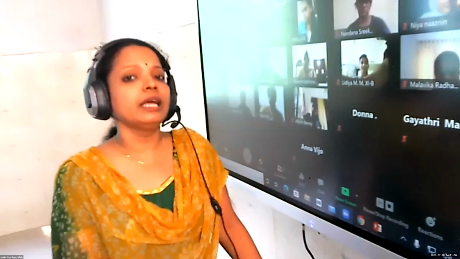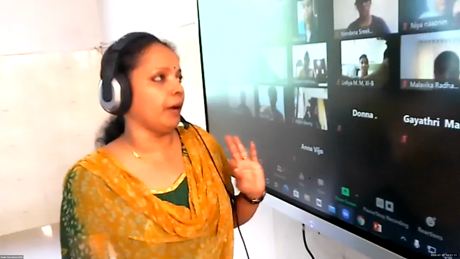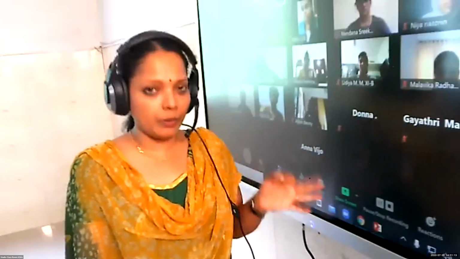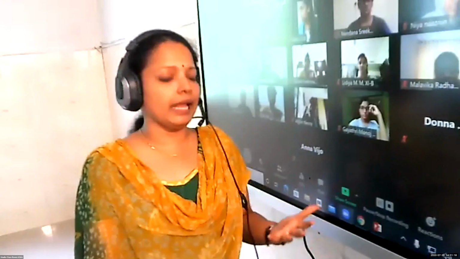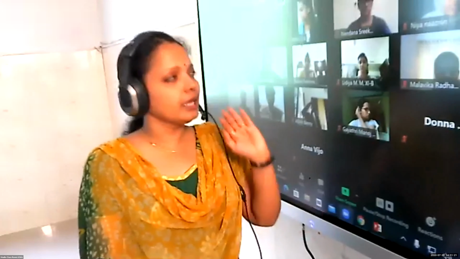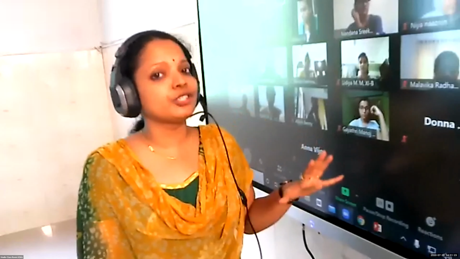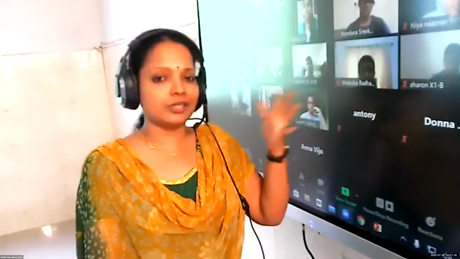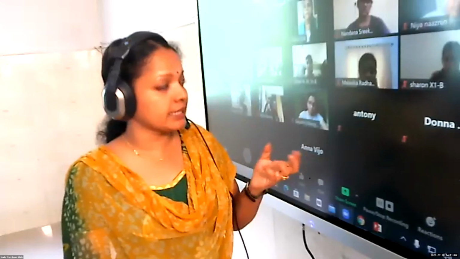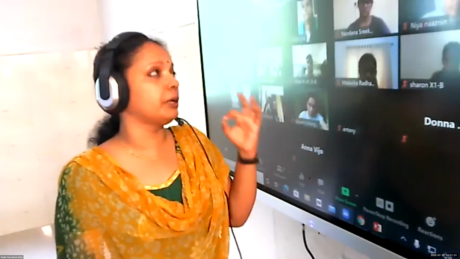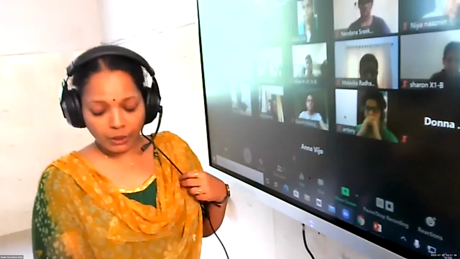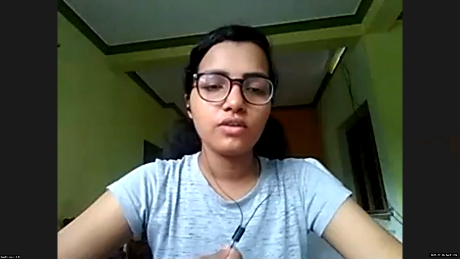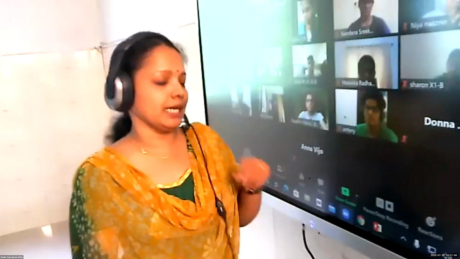And I told you that the plant body consists of 3 main parts. When we discussed brown algae, we said that its plant body consists of 3 parts. Since it is an algae coming under Thallophyta, it has a thallus. The plant body is not differentiated into root, stem and leaves, but it has a thallus. But still we can make out 3 different parts. Which are those 3 different parts? Gayatri, which are the 3 different parts? Holdfast, stipe and frond. Right.